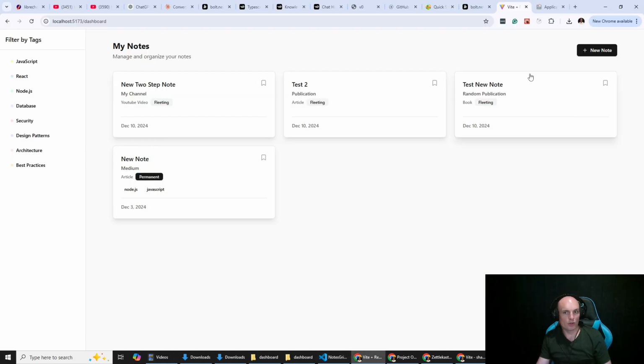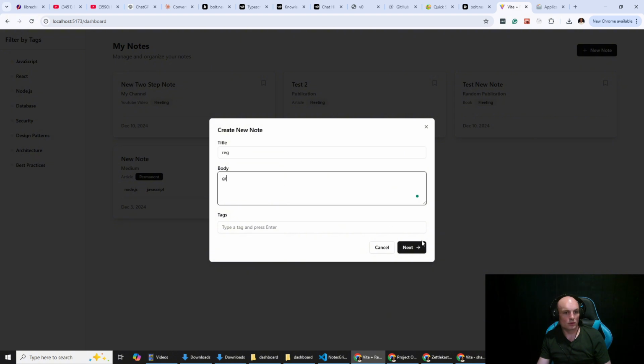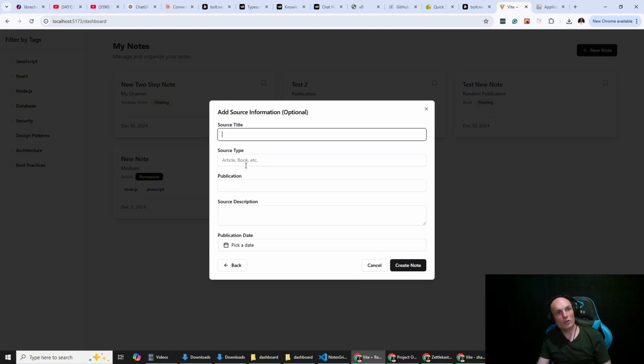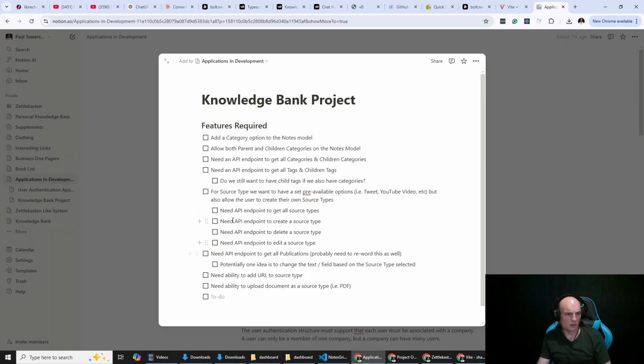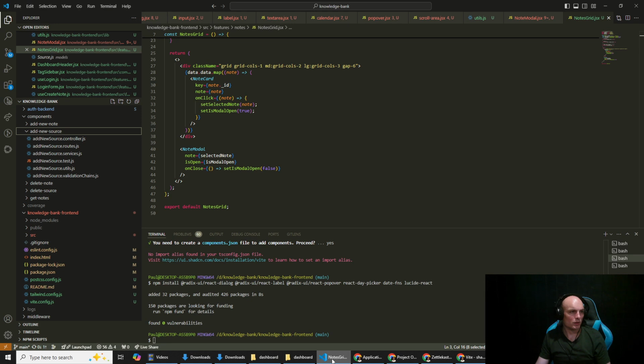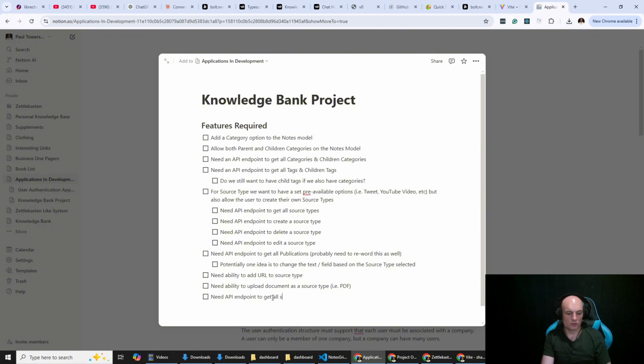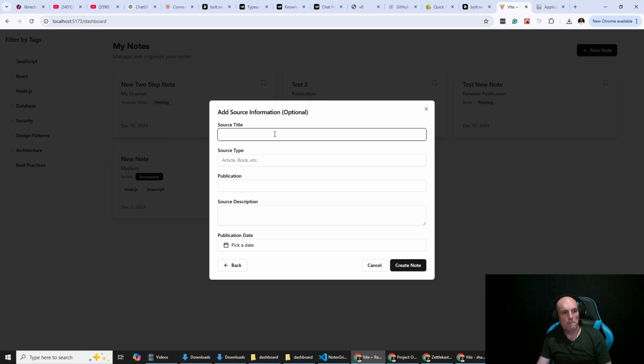Oh, actually, so on the front end here, we need the ability to find existing source. Actually, yeah, we don't have get all sources endpoint. Sources. Yeah, so ideally here you have the ability to actually maybe search by